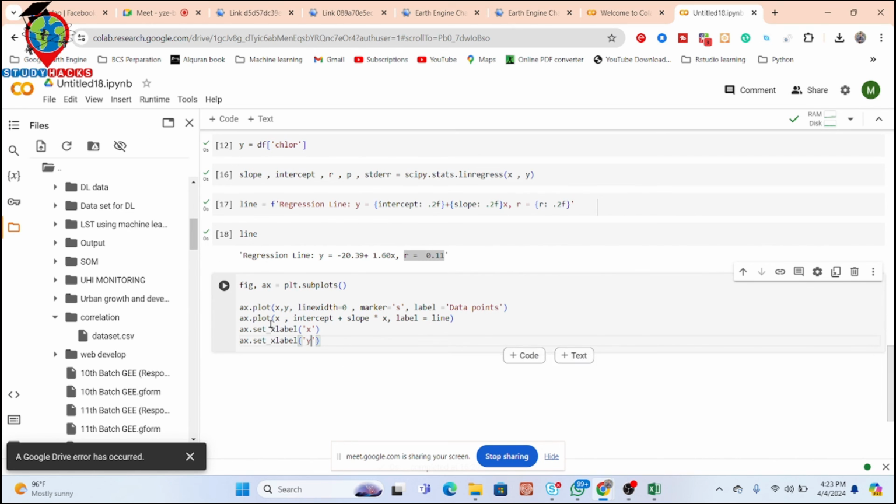So put here the set y level. So it's a y level. Okay, so we put that set x level x and y level y, and further we also add here